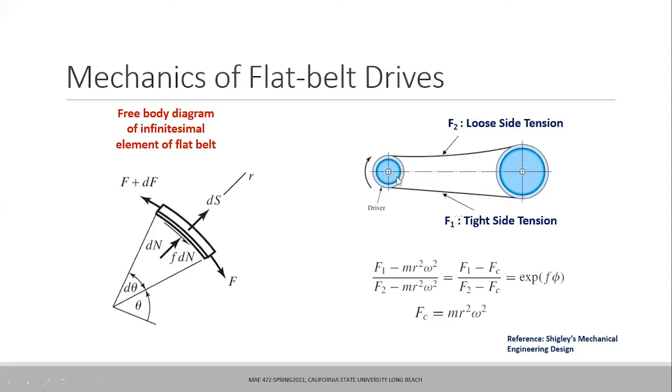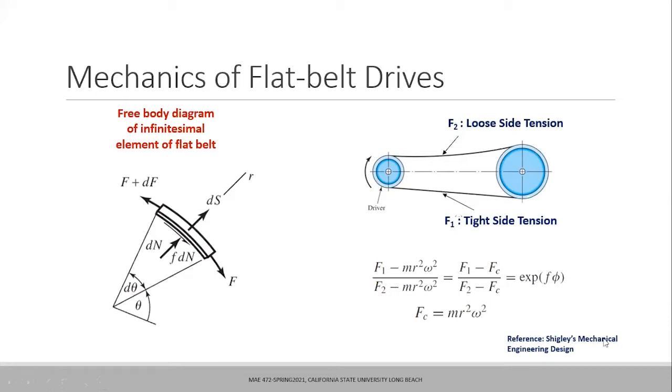And we also saw that because of the way the belts are wrapped, they have a difference in the tension on the two sides. One side has a higher tension, the other side has a lesser amount of tension. Because of the differential in tension, you see the torque being transmitted.